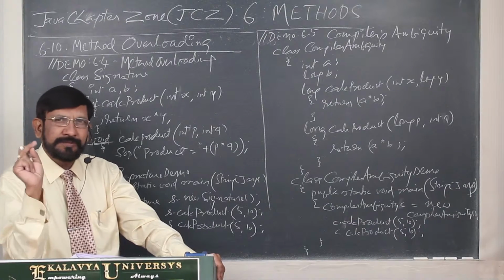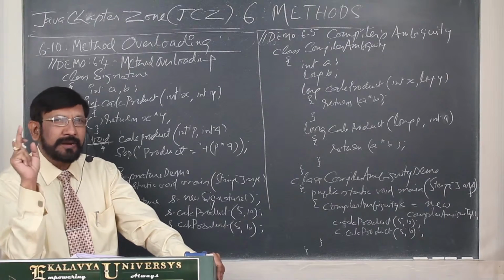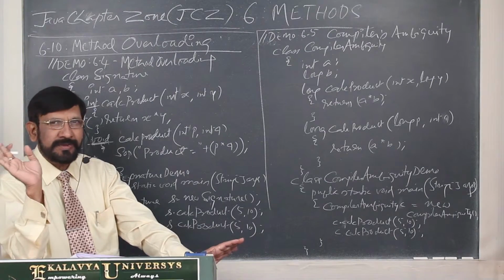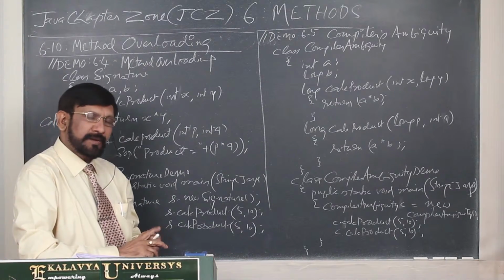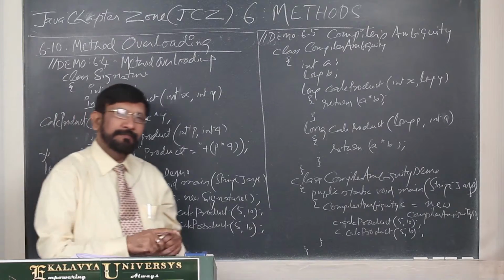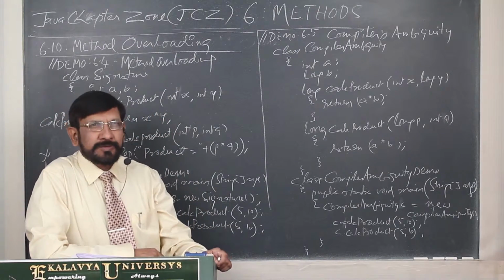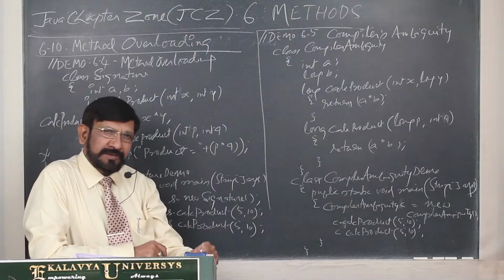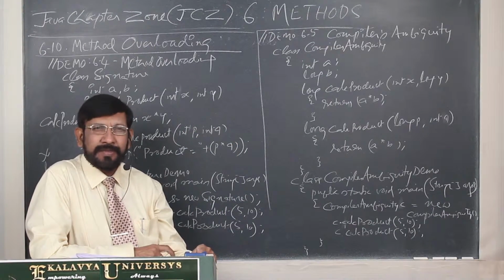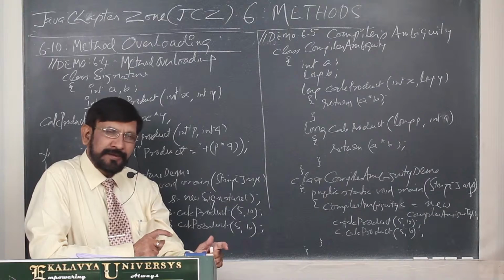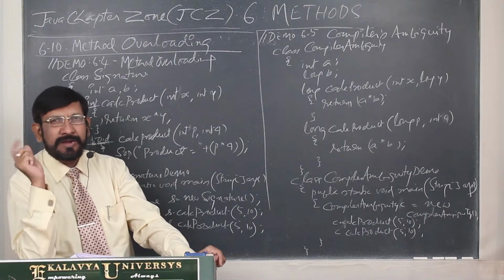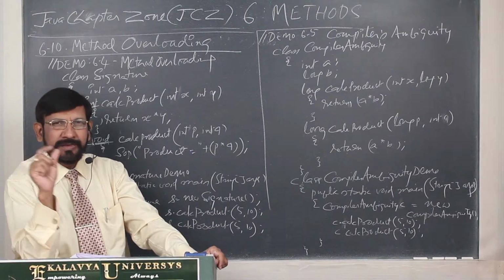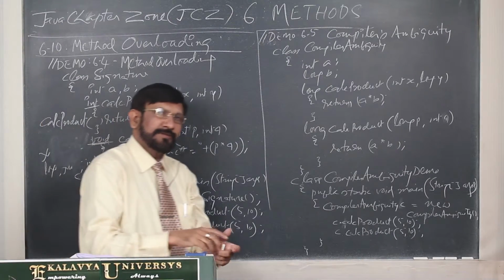Signature means the name of the method and a list of the types of parameters. The names of the parameters you forget, that is not part of it. By that, the system can identify that. So what I am specifying is, as long as signatures are different, the system can identify whichever method we are calling. There may be more than one method, even so, if signatures are different, it can identify.